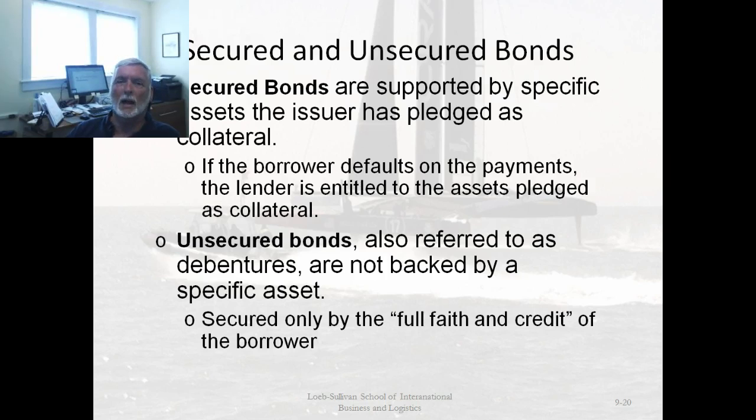And secured bonds generally have a lower risk of default because they're secured by specific assets. So if the bondholders for TDW have secured bonds, they would have probably security in the ships that TDW owns. And in the event of a bankruptcy, they would be able to say, well, we'll just take the ships, just give us the ships and we'll sell them to get our money back, as opposed to allowing TDW to go through a Chapter 11 procedure and continue to operate. TDW doesn't have ships, they can't operate.